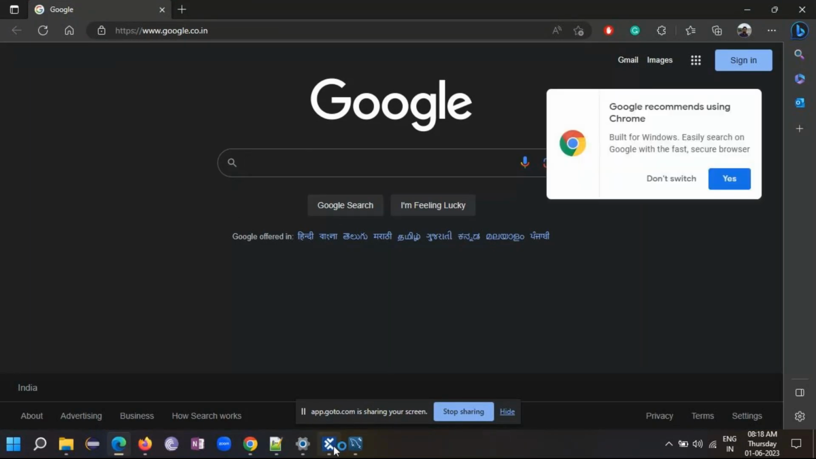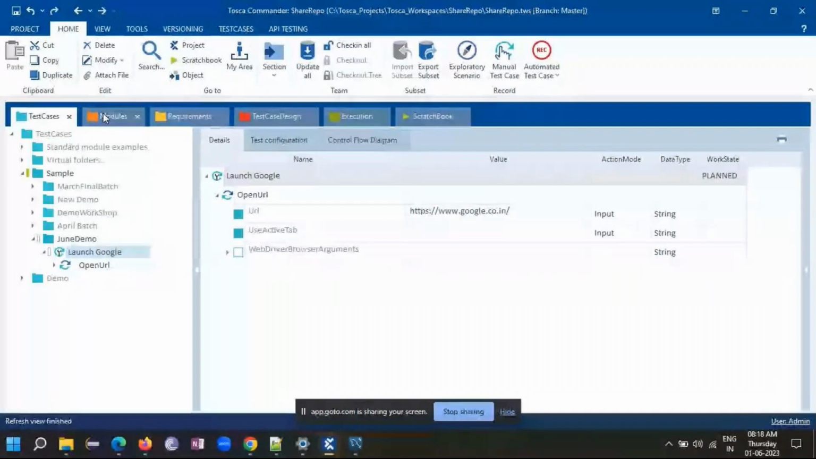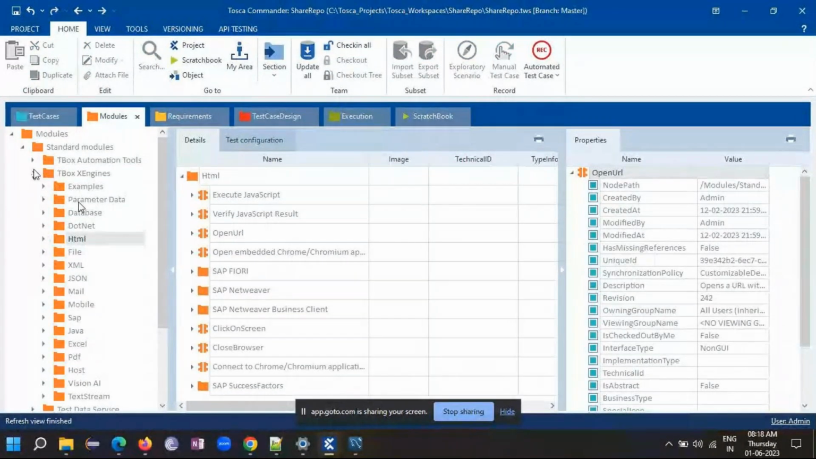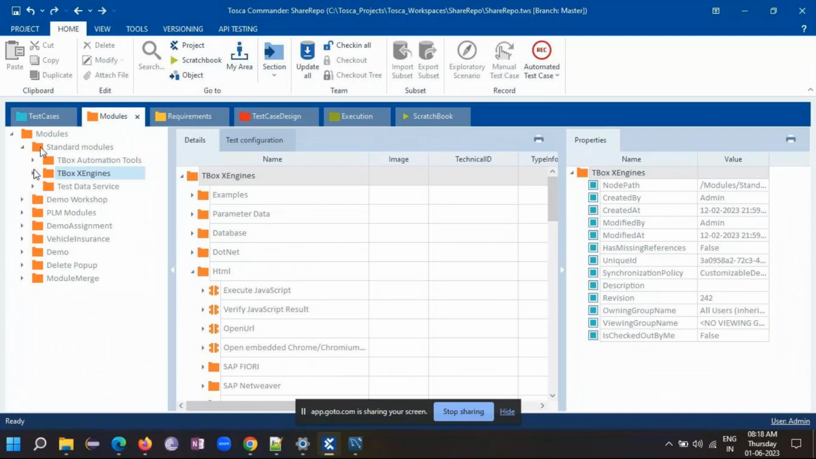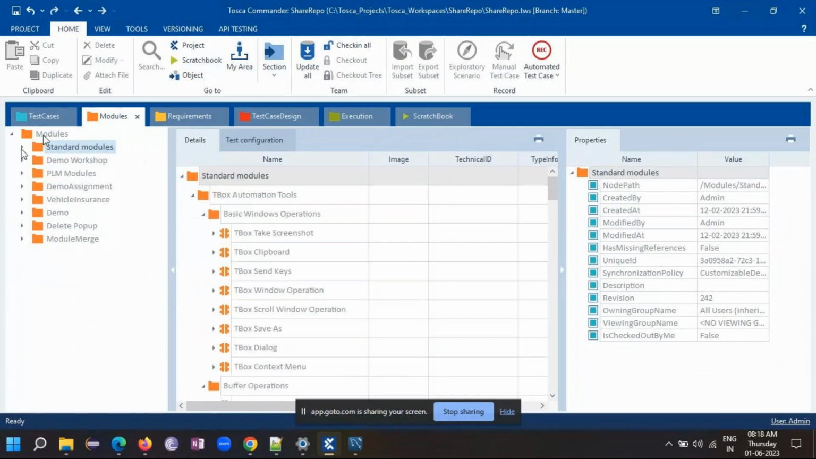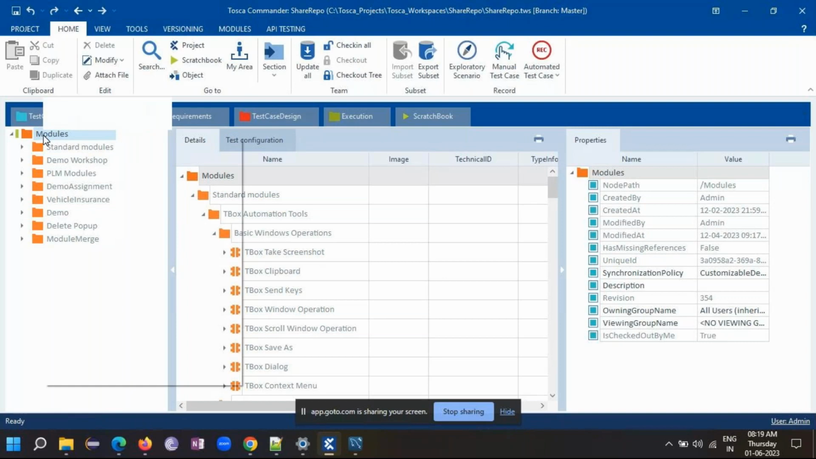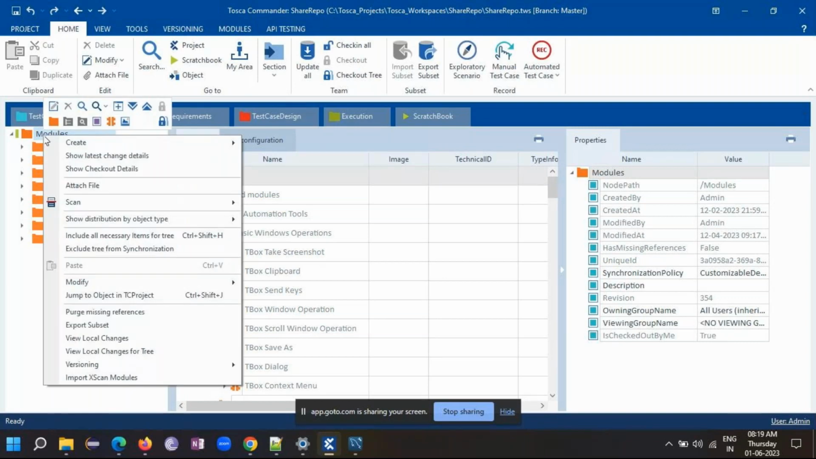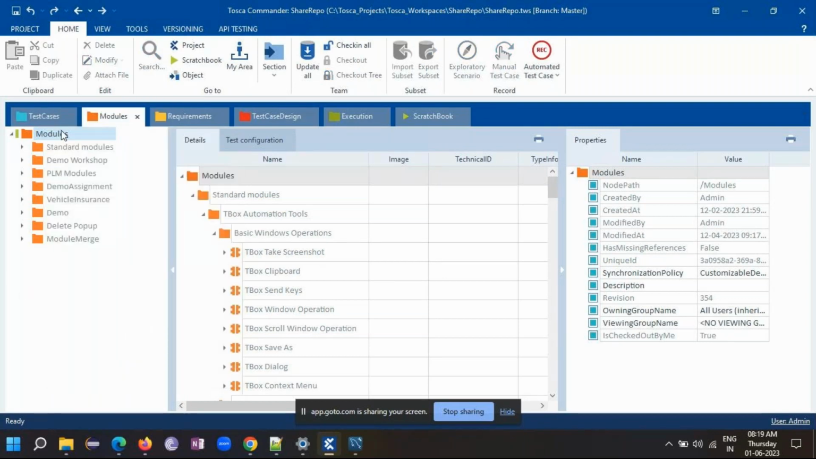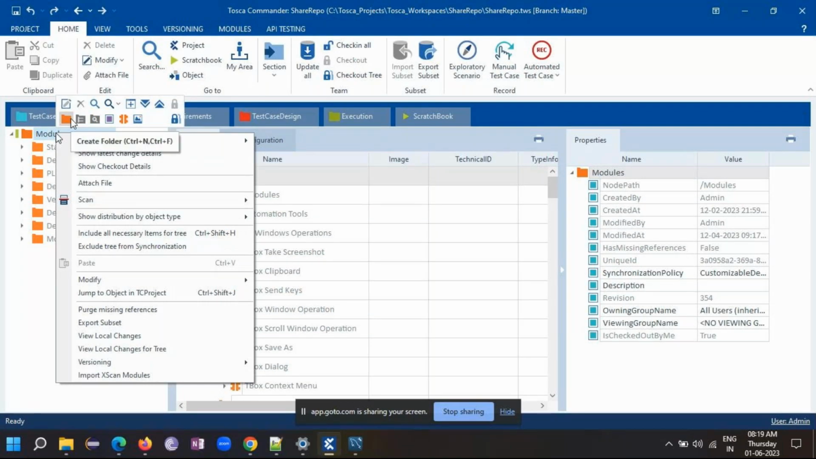For that, you just have to go to your module. If you don't want to use the standard module and you want to create a new module, you have to check out this folder. So do a right click and click on the checkout icon. It is going to check out this one. Once you get the access, just create your own folder and name it